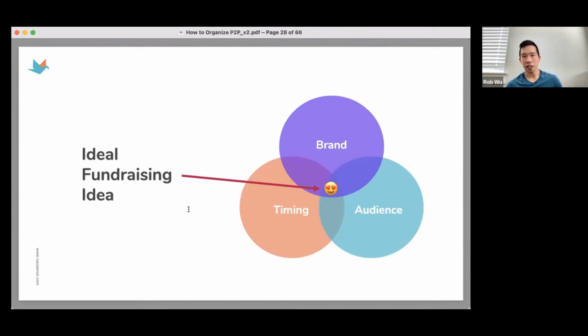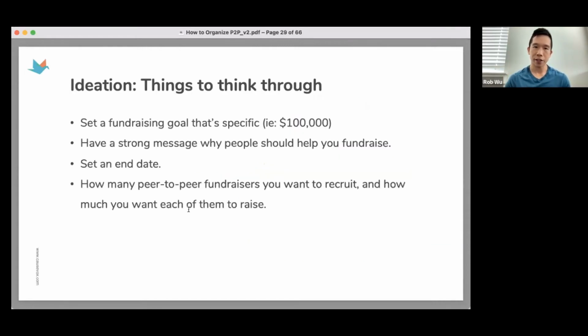If your organization does not have that demographic, or maybe is interested in more around a board game tournament or something like that, then you want to organize your peer-to-peer fundraising against that. So the ideal fundraising idea is the intersection of your brand, your timing, and your audience.